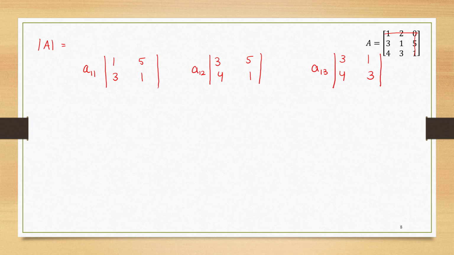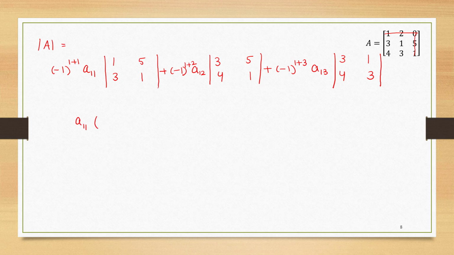Now why this space? Let's fill it also. Here we will be taking minus 1 raised to power this suffix. Addition of these suffixes, 1 plus 1. Plus minus 1 raised to power 1 plus 2. Plus minus 1 raised to power 1 plus 3. We know that if we have even power of minus 1, we are going to get 1. And if we have odd power, then we are going to get minus 1. So minus 1 raised to power 2, 2 is even. We will have plus sign. So we get A11 into this determinant.